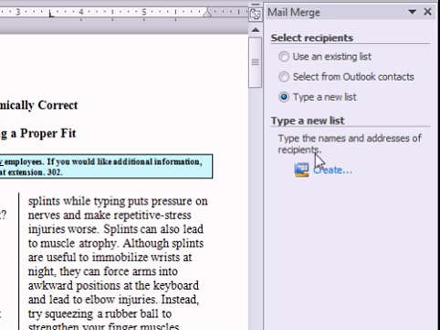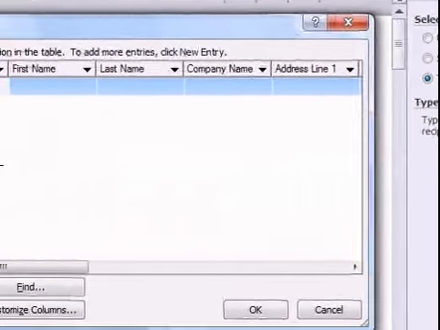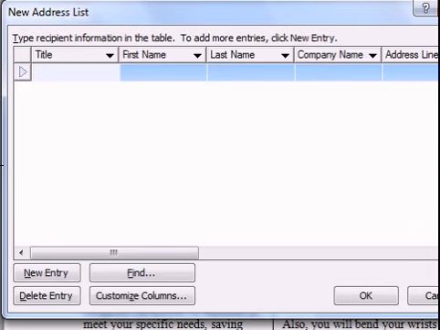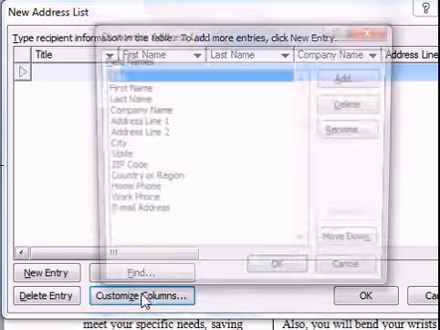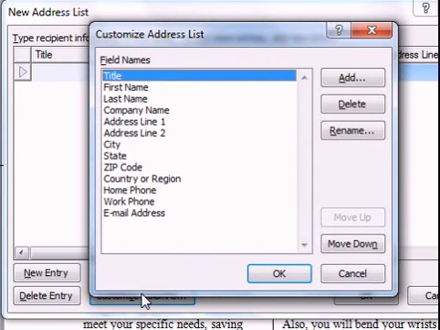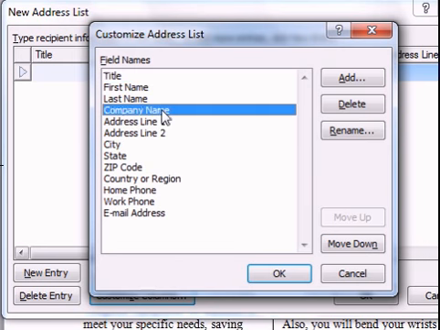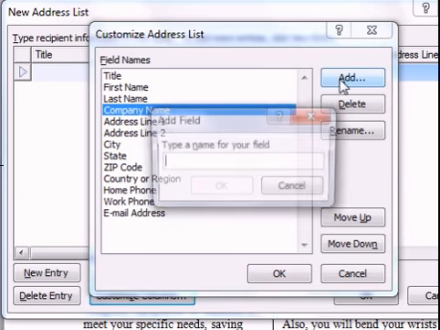Click Create. A window appears where we will enter the names and department to create the list of people to receive the flyer. If we scroll down through the field names, notice there isn't a field for department. We will need to create one. Click the Customize Columns button at the bottom of the box. In this window, we can add, delete, or rename any of the default fields. We want the department name to appear under the company name, so click Company Name, click the Add button, type Department in the new box,